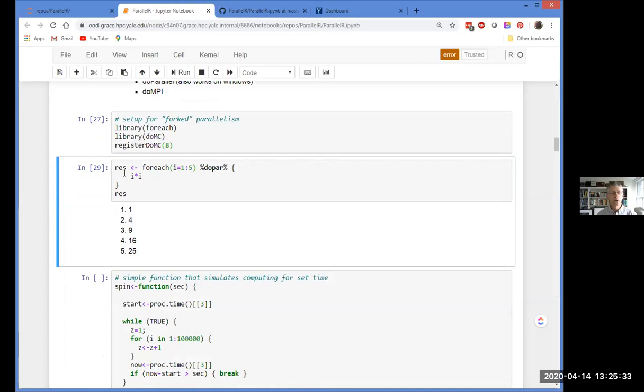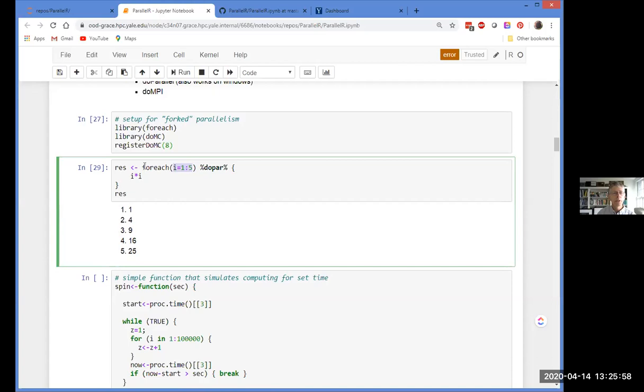Some of this is very straightforward R, and some of it probably looks a little mysterious. So this is very simple. This is just the sequence of numbers between 1 and 5, as you've seen in R many times. So what this is doing is saying, I want my variable i to take on all the values between 1 and 5.